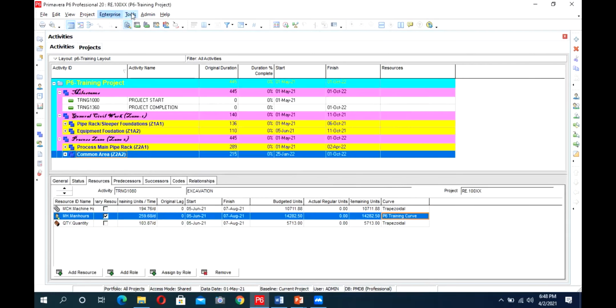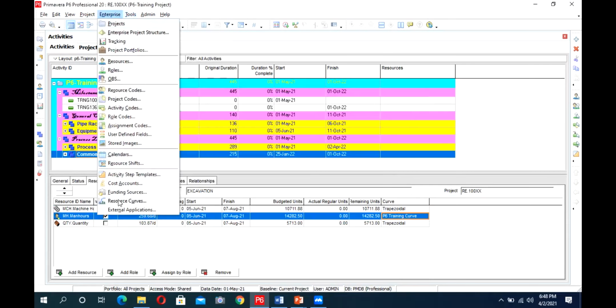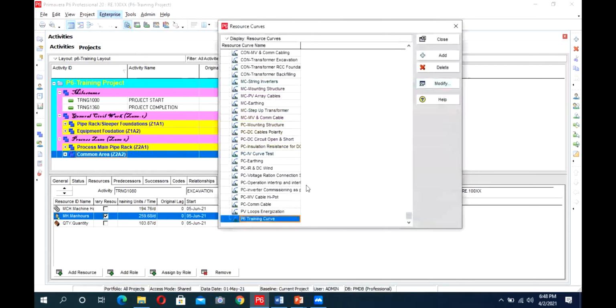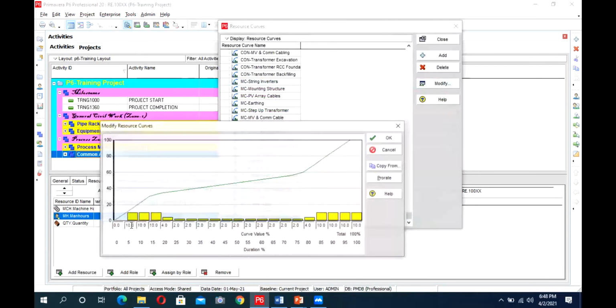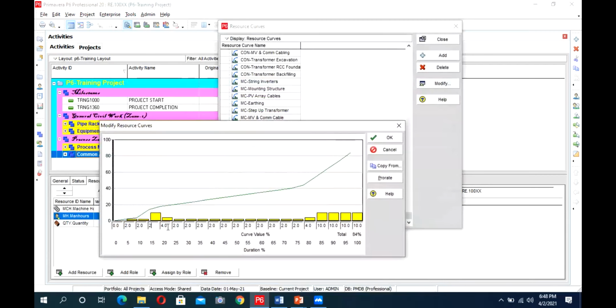And I modify it as per our requirement, that we want this to be backloaded. We go to modify. So what I have done, I have made it an extremely backloaded curve.